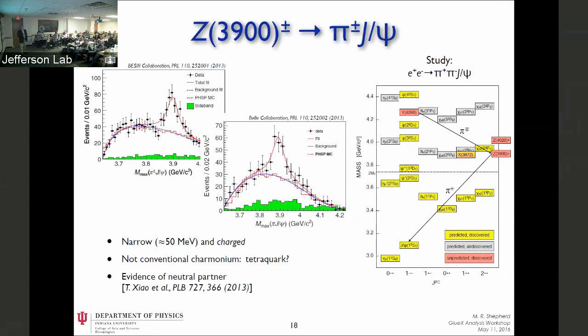And here's an example where the charge is interesting. So if you look at collisions of e plus e minus to pi plus pi minus J/psi, and you run it at a high center of mass energy, e plus e minus around 4.2 GeV, and you look at the pi J/psi system, so this has net charge 1. You see, and this is done by 2 different experiments, the BESIII collaboration in Beijing and the Belle collaboration, you see a peak in the spectrum here. And so that looks like a state with charge 1 or minus 1. And that's really interesting because it's heavy. It's really heavy. It's about 3.9 GeV. So in order for it to be that heavy, it has to have a charm and an anti-charm quark in it.